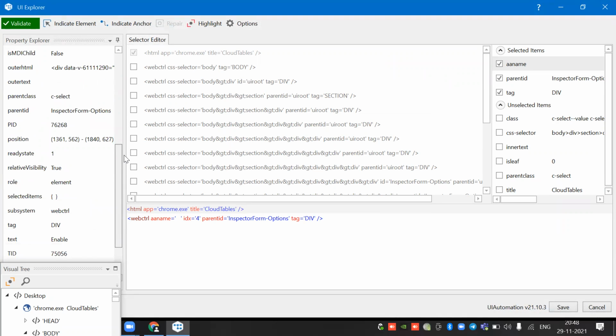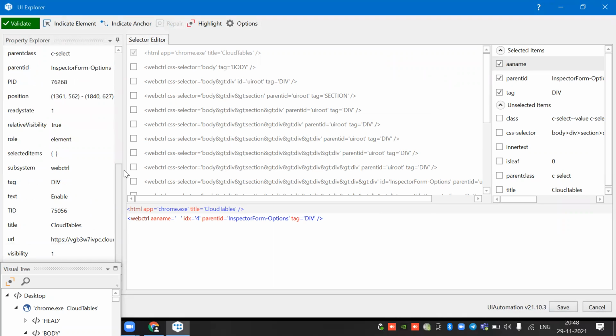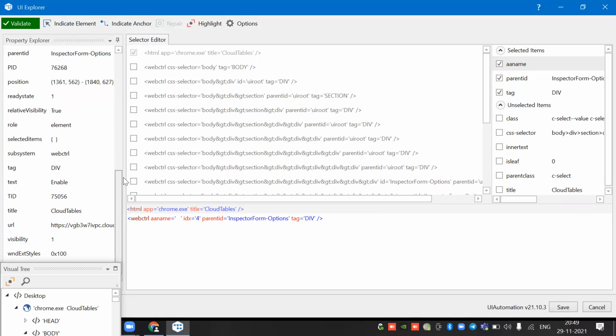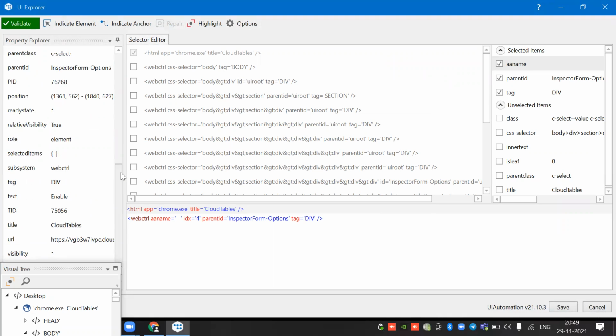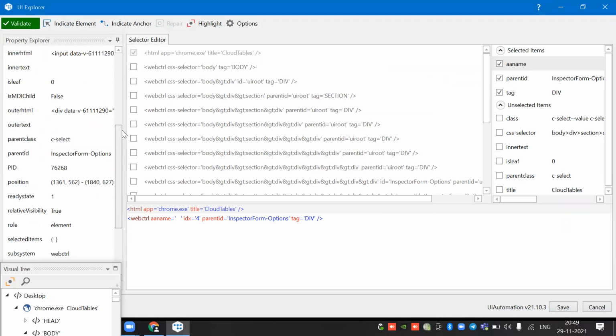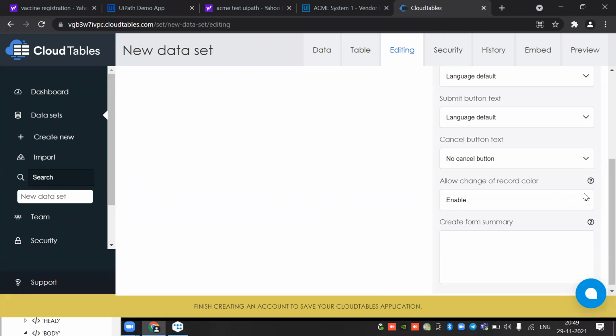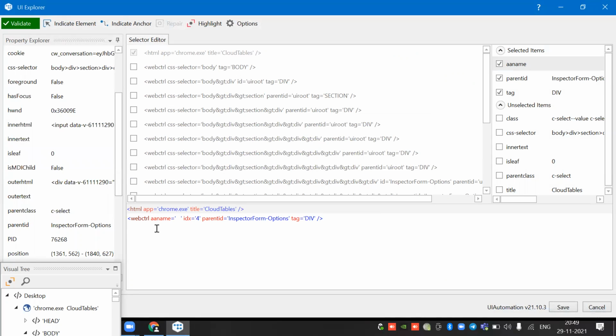Role equal to element. Text is there. Okay. Text equal to element. Sorry, enable. We have to see what all the values are there. So in the drop down, enable and disable, only two values are there, correct? So here